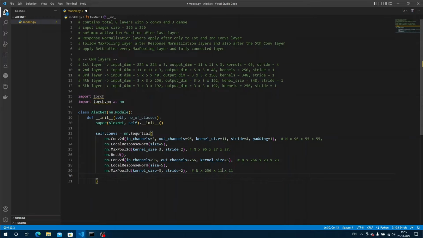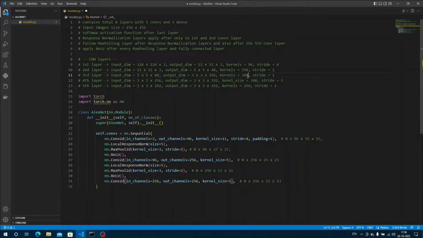Then we have nn.ReLU, and another thing we can apply: because we have implemented two convolutional layers till now, consider this as one conv layer, because in the paper they have also considered this as one conv layer. And after applying the ReLU, and then the second conv layer, and after applying the ReLU, just copy this thing, and